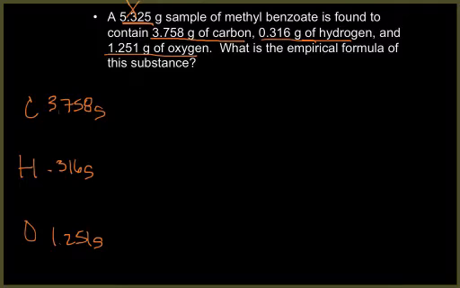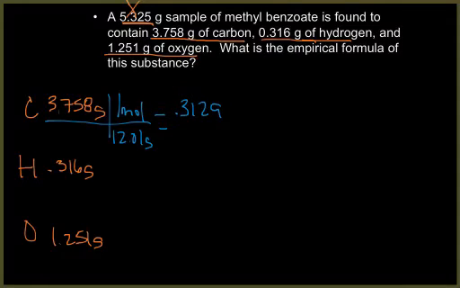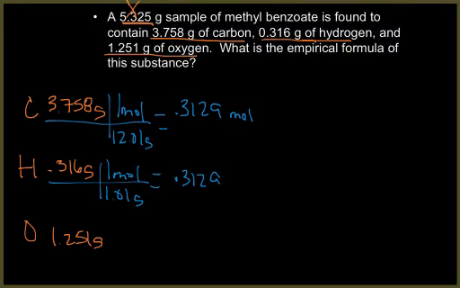All right, so step 2, I'm in grams, I'm going to change it to moles. So 1 mole, 12.01 grams, again from the periodic table. That gives me 0.3129. Hydrogen, 1 mole, 1.01 grams. That gives me, and these are moles again, I'll label them so we can keep track of what's going on here, 0.3129 moles as well. And then my last one, 1 mole, 16 grams for oxygen, and I end up with 0.07819